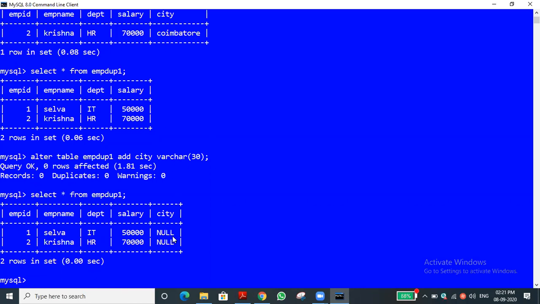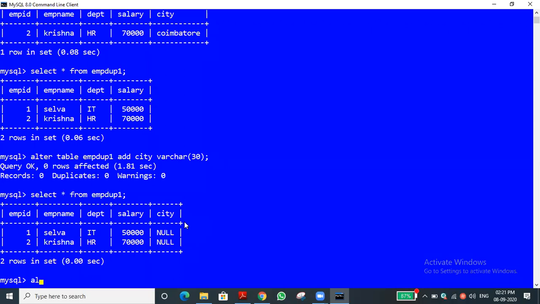So let me use a default value. Suppose you want to set a default value, there is one constraint, no? We have seen primary constraint, unique constraint, not null, default, and check constraint, isn't it? So how to set the default value, sir? I'm going to create one more column. In that column, if the value is not given, how to set the default value, I will see that.